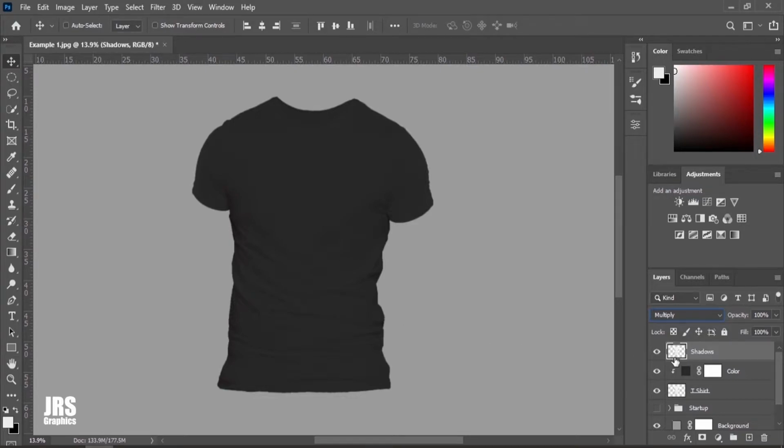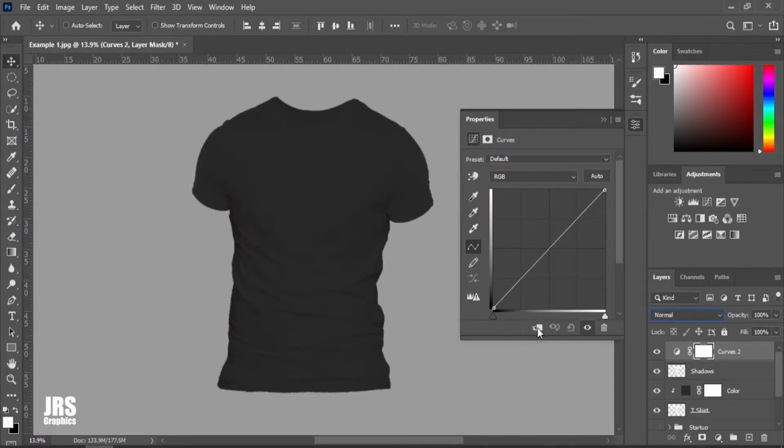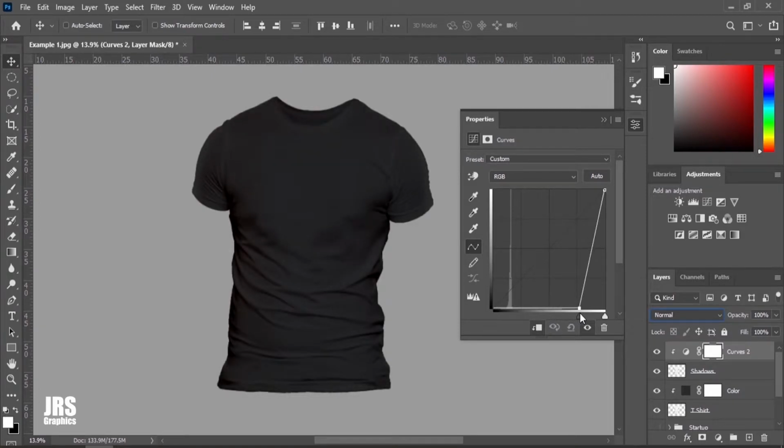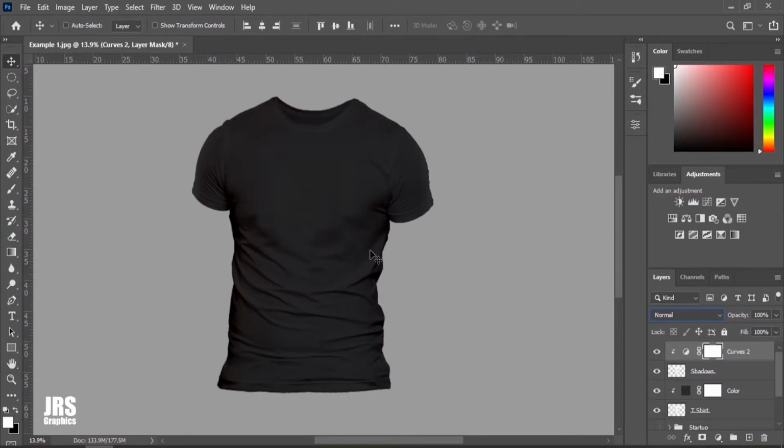So we can make these shadows visible by getting a curve adjustment layer, and then you have to clip it to the shadow layer and then drag this slider to right. Now you can see the result. Yeah, it's looking perfect. Close it. Color has been added, shadows has been added, but one thing that we can also remove the shadows from brighter